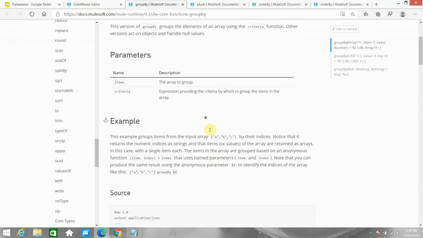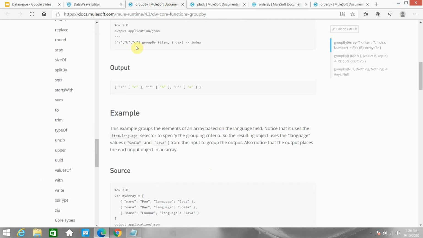For example, here I have three elements in my array, ABC. I group by item comma index, so it will group all the elements on the basis of index. There are three indexes, 0 for A, 1 for B, 2 for C. So it is grouping on the basis of the index.